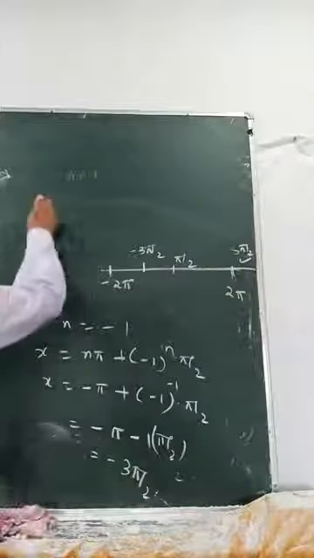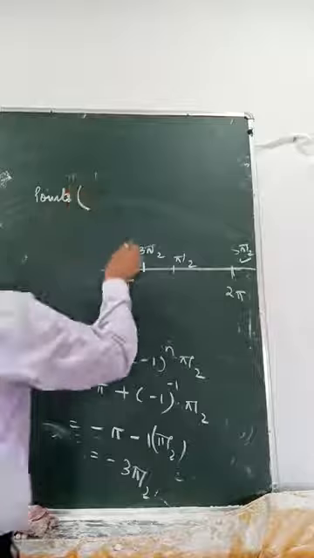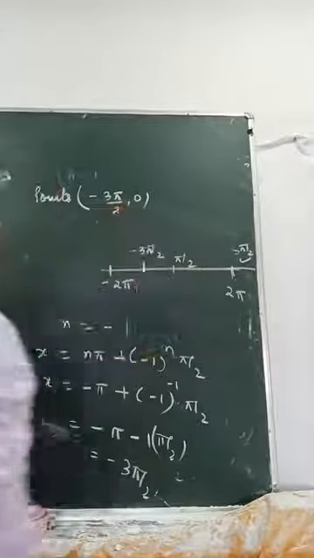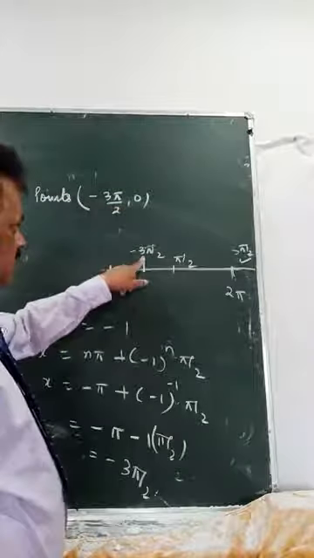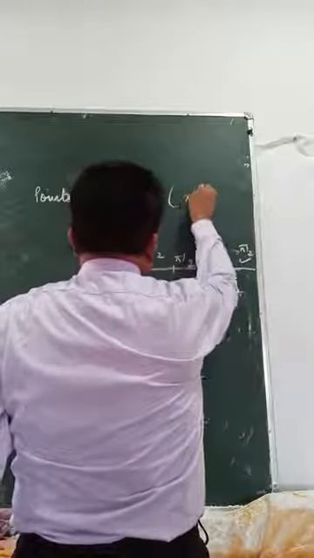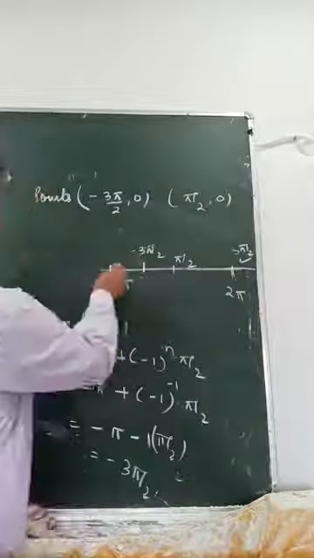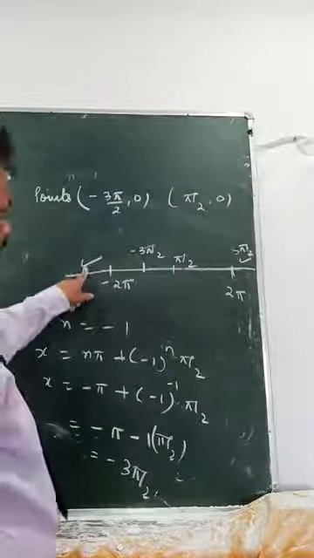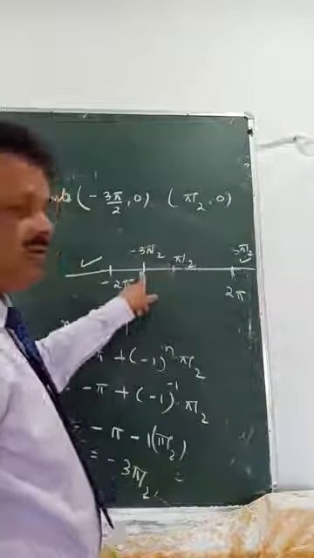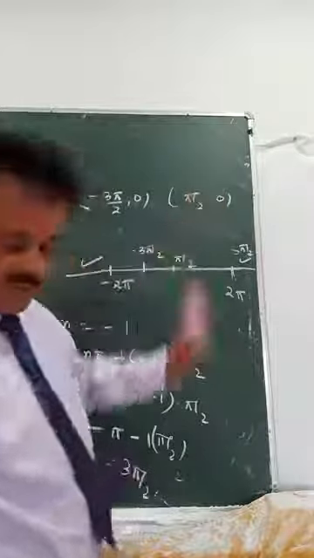So the points you got: one is xy, so minus 3 pi by 2, 0. Because the point will be xy. First x is this, second is this one, that is pi by 2, 0. If you put n equals minus 2, then that point will come here, so rejected. If you take 2 also, it's getting rejected. So only 2 points between this x value you are getting. So for these 2 values of x, y is always 0, so we already have them.